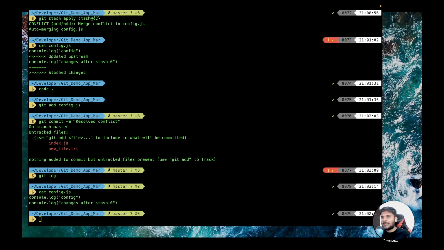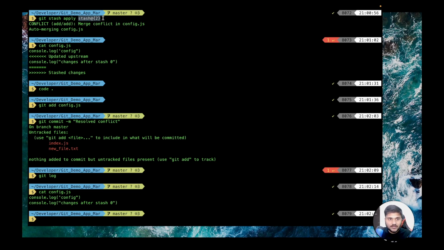So I believe the concept around how you store changes inside a stash and how you apply it is clear to everyone. One thing to note is every time you create a new stash version, it is going to store some changes as it is. If you want to apply a particular stash version, then you can mention which version you want to apply. Just make sure that if you try to apply two stash versions which are technically going to make changes to a single line, then unless you commit it, it won't even apply.